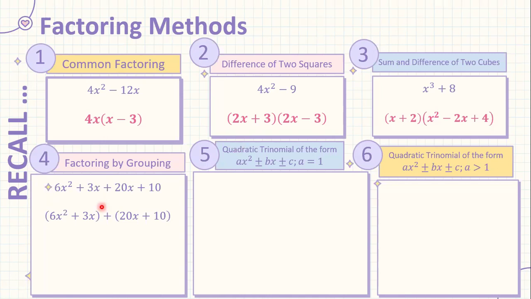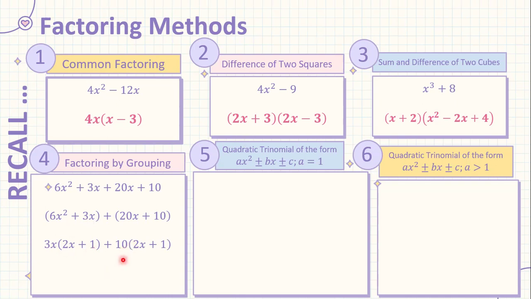And we find the common factor of the first group. It has a factor of 3x, so that comes out of the parentheses. How about this one? We have 10 as the common factor. Why just 10? Because 10 has no variable here. So we have 3x, and to make it 6x squared we need 2x. We have 3x as the common factor, and to make 3x again, we have the factor 1.